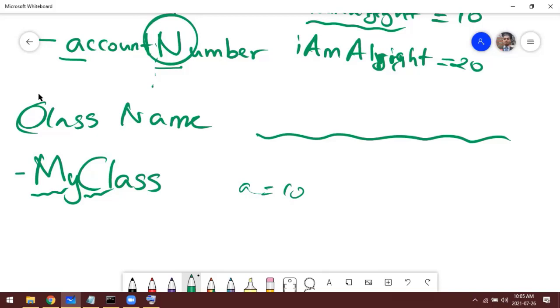We don't know what A is, right? So give something meaningful, like account balance equal 20 or something like this. It should be self-descriptive, so it is easy, because when we work with actual programming, we will have to work with several tens of variables. So if we see it, we should understand, okay, this is that, right? So it's easy, right?